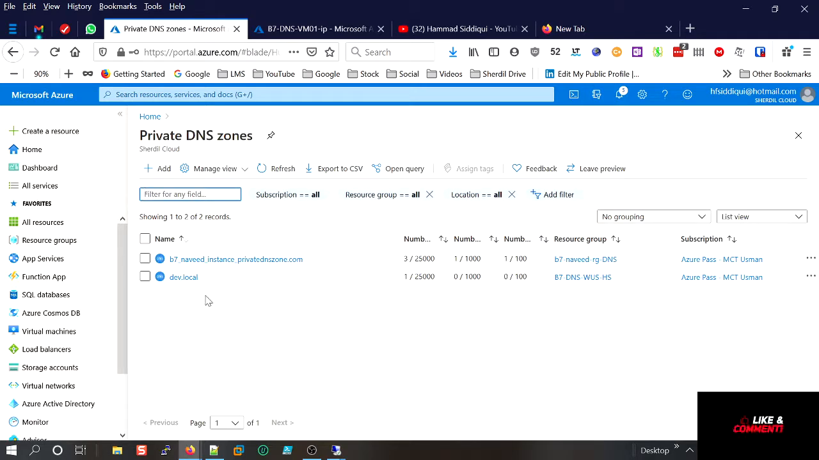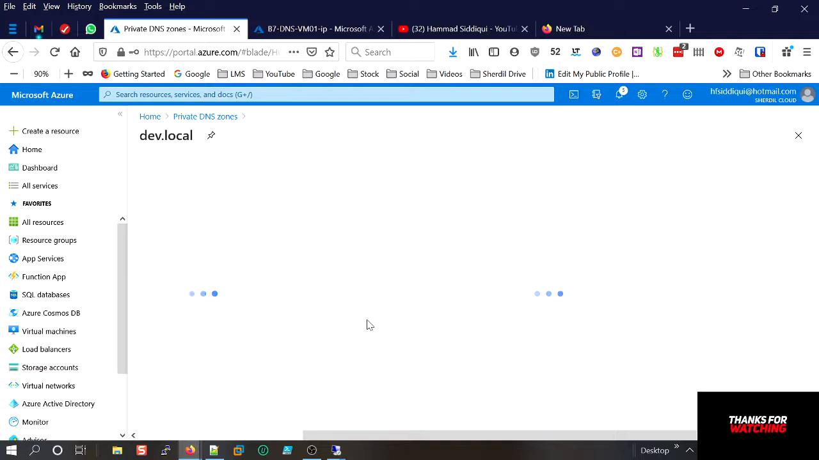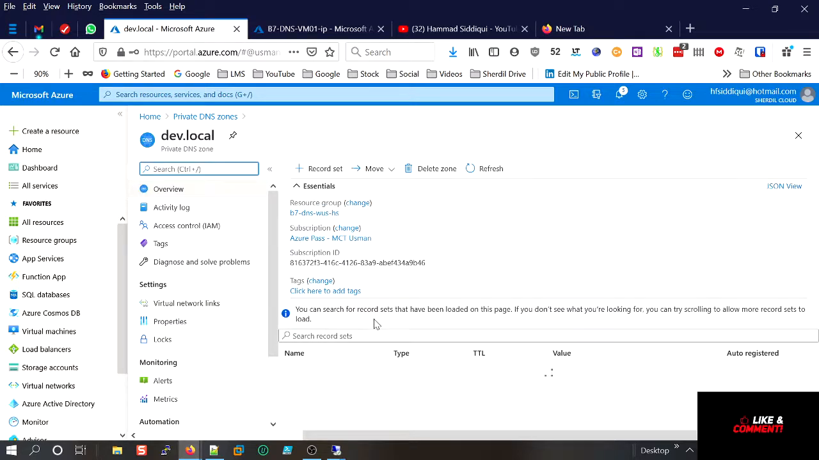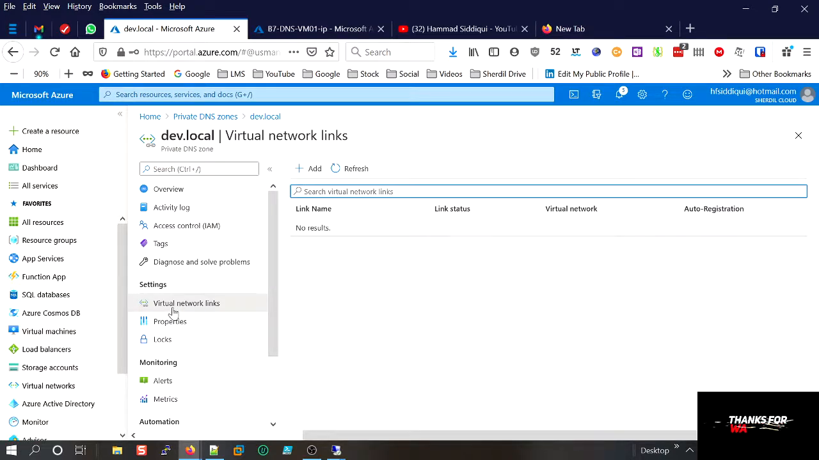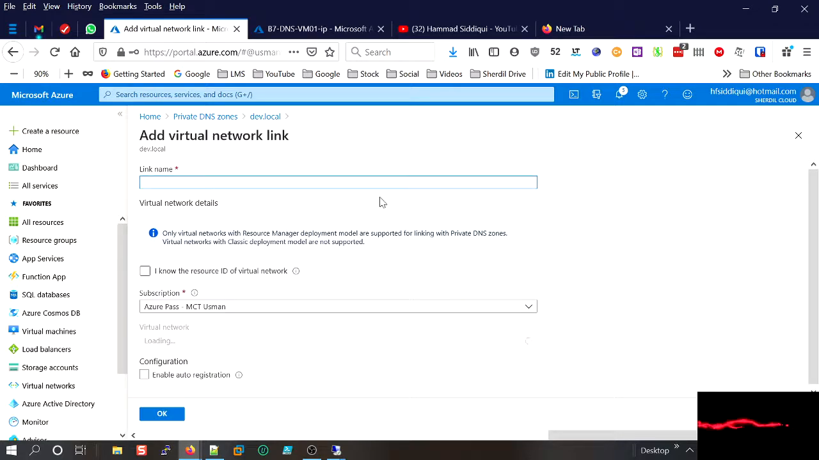Now, as you already remember, I created a DNS name, which was Dev.local. Click up here. One more thing that I want to show you is that sometimes you just need to make sure that you have the link. Click on virtual network link. Over here, you just create a virtual link. So whatever network is out there within Azure, it will pull up all the machines that are in the system up here. So just say link